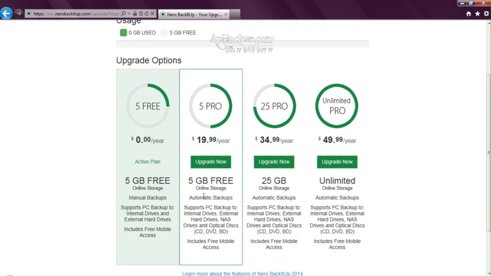This is the main feature which is not available in the free plan. So if you want a carefree life for your PC as well as mobile, you should definitely go for an upgrade. You can try out the 5 GB upgrade definitely. At least your computer and mobile will be secured with automatic backups, and you don't need to do it manually, as you have many other things to do.